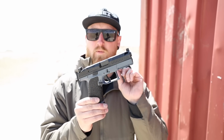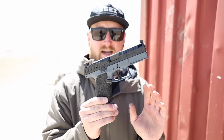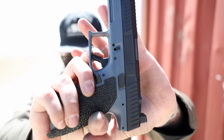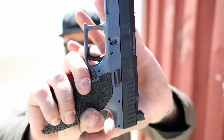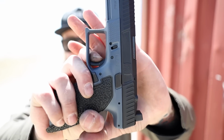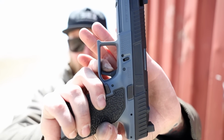Now where the P10C really shines is the stock trigger. We haven't done a whole lot to this, it's just sort of smoothed over, but it's still relatively stock. Bring you guys in for a close-up here. Stock everything, the shoe and all. Really nice take up back to the wall. As soon as you find that wall, there is like little to no creep at all. Almost glass-like. I mean, hands down, one of the best polymer triggers out there. It feels super nice. You can shoot it accurately, you can shoot it fast,